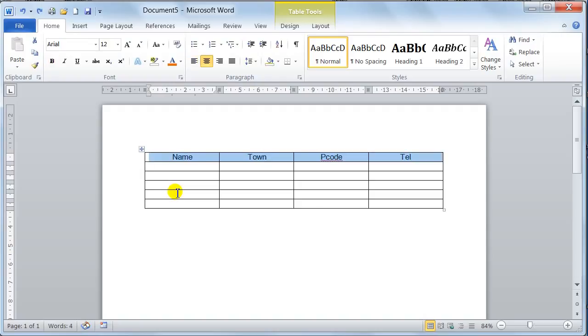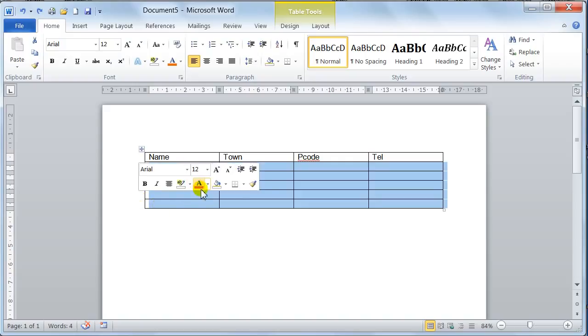Alternatively to selecting them in that manner, if I want to select an entire column, all I have to do on the column is go there, bang, there's one column. If I want more than one column, I just click and drag across the columns. Easy as anything. If I want to select a row, I just go to the side of the row, click. If I want more than one, I just click and hold and drag down, and that selects the cells as well. If I want to put a record in here, let's say that I just say Mary